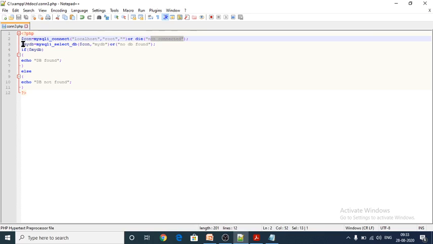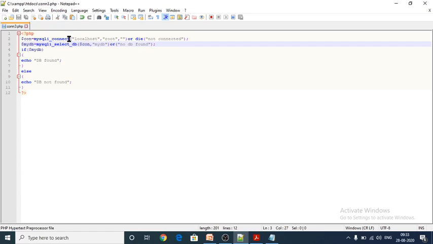Next one is select the DB. To select the database, which database has to be selected to create a connection between the database and the PHP scripting language. Within that, this mysql_select_db function has two parameters. One is con, connection.